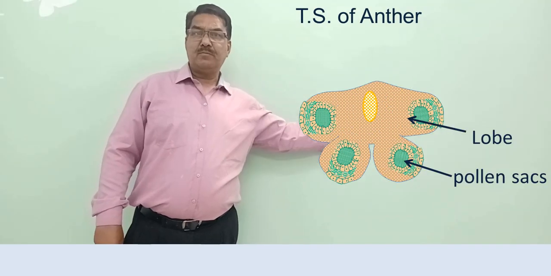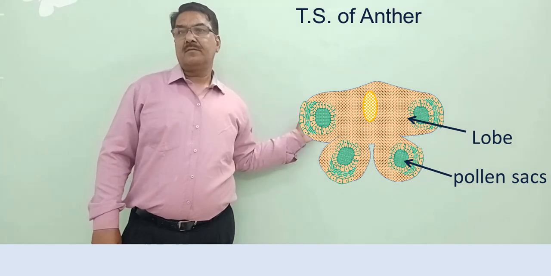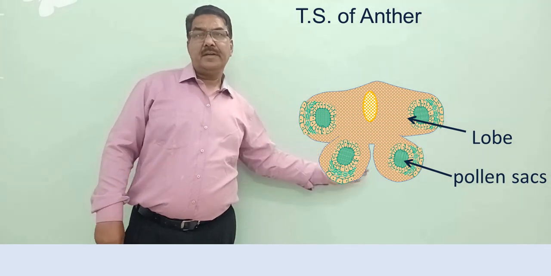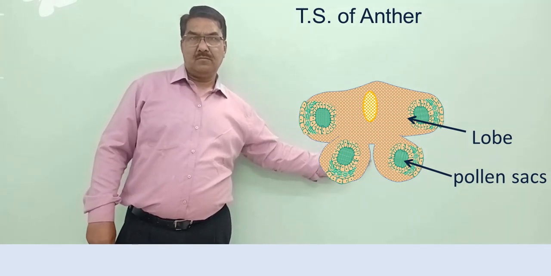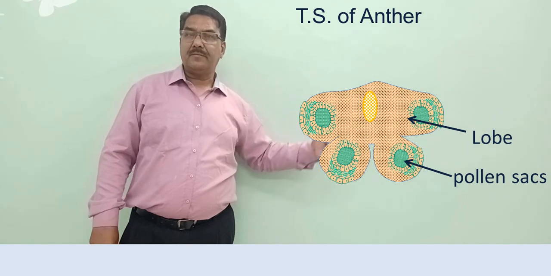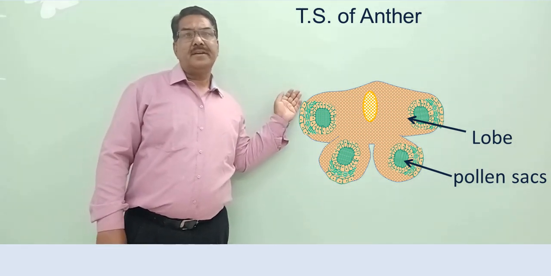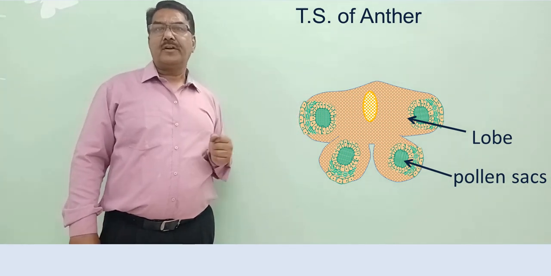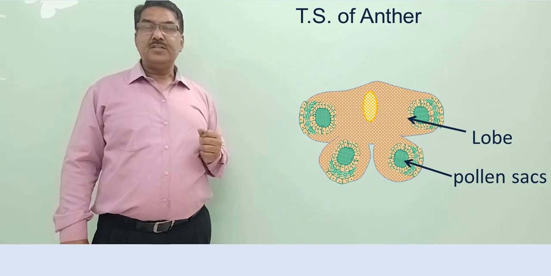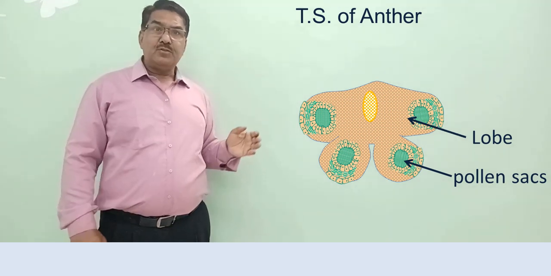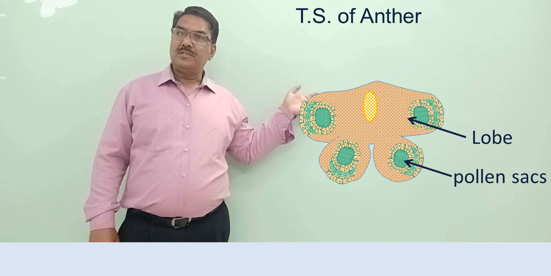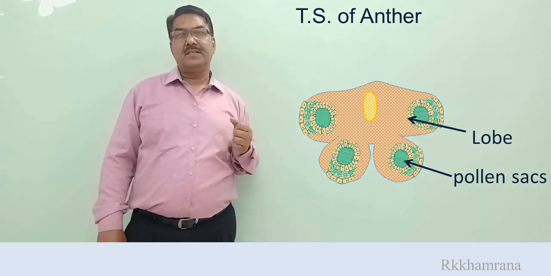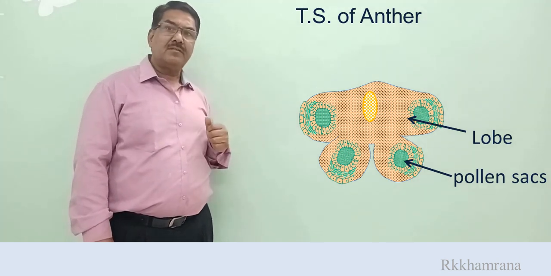A typical angiosperm anther is bilobed, with each lobe having two theca. They are dithecous. Often a longitudinal groove runs lengthwise separating the theca. The anther is a four-sided structure consisting of four microsporangia located at the corners, two in each lobe. The microsporangia develop further and become pollen sacs. Each pollen sac contains a number of pollen grains. The pollen sacs lie in four corners of the dithecous anther.